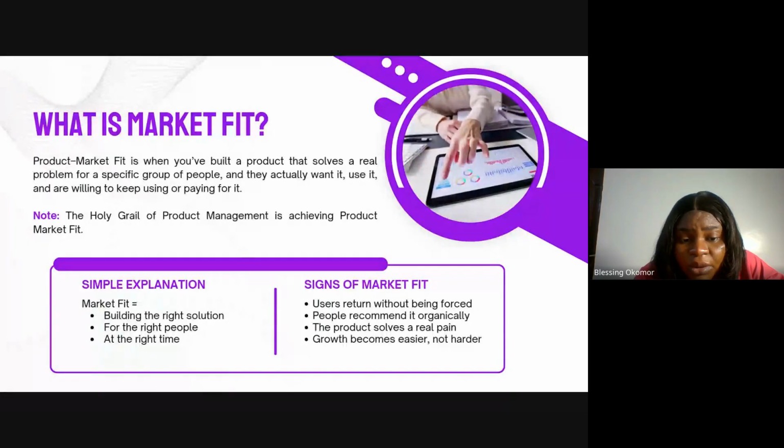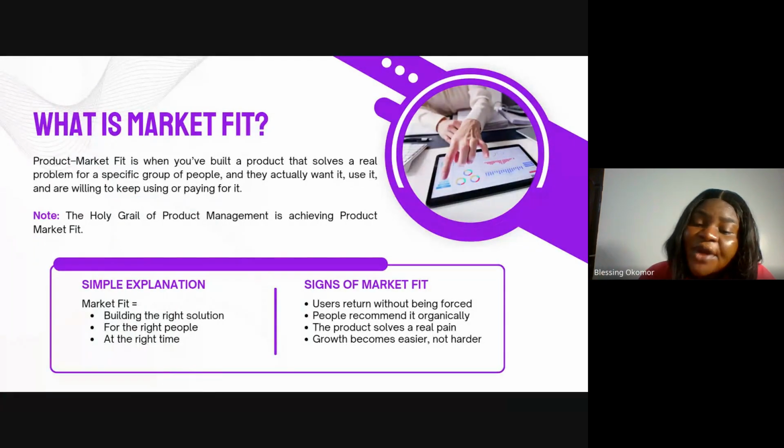You will be folding up, or laying off staff, telling your staff you can't pay anymore. A wise product manager knows that once that product is going that route, you have to pivot into solving another valuable problem, right? So ensuring that the product you are launching, the idea you are launching, gains market fit is very important for you as a product manager.